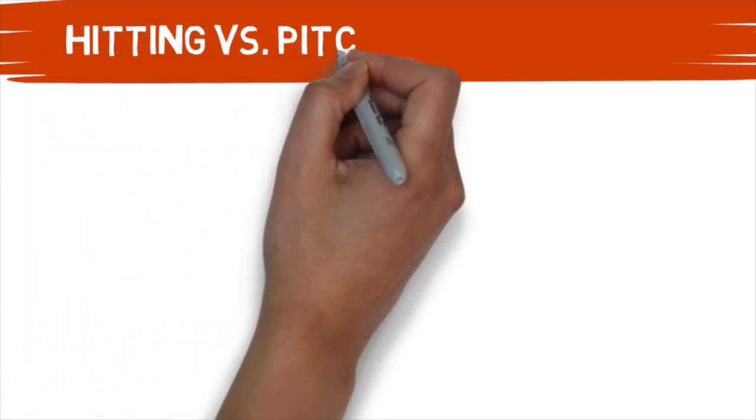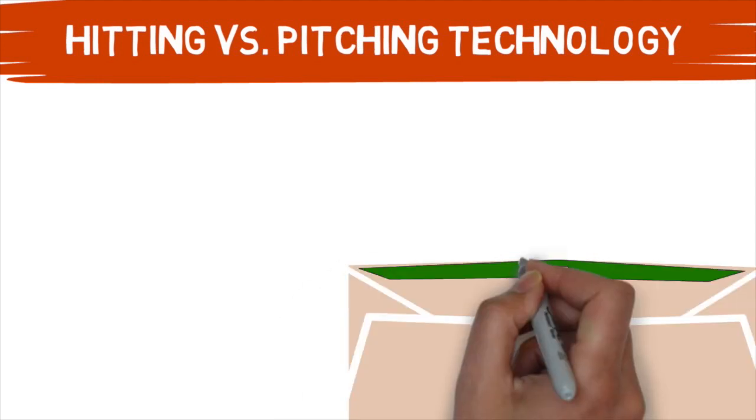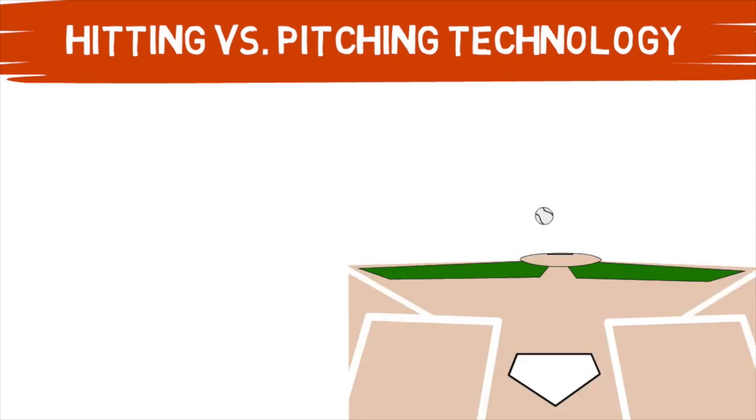To explain the difference between utilizing today's hitting technology against today's pitching technology, let's examine what a normal play looks like out on the diamond. The pitcher starts with the ball and fires it towards the plate. If the hitter is perfectly timed up and on plane, he has a chance to put the ball in play. This is as simple as it gets, but within this example lies exactly why pitching technology is more widely applied